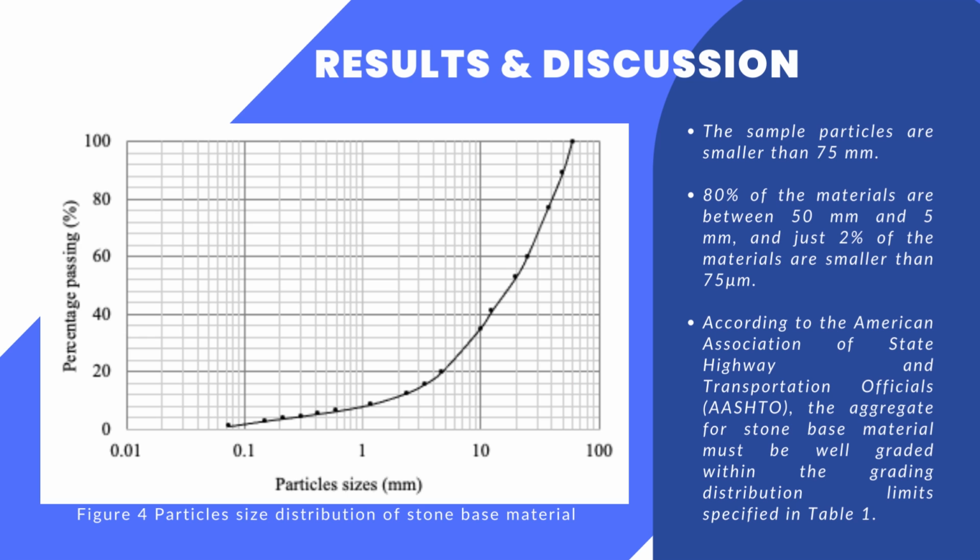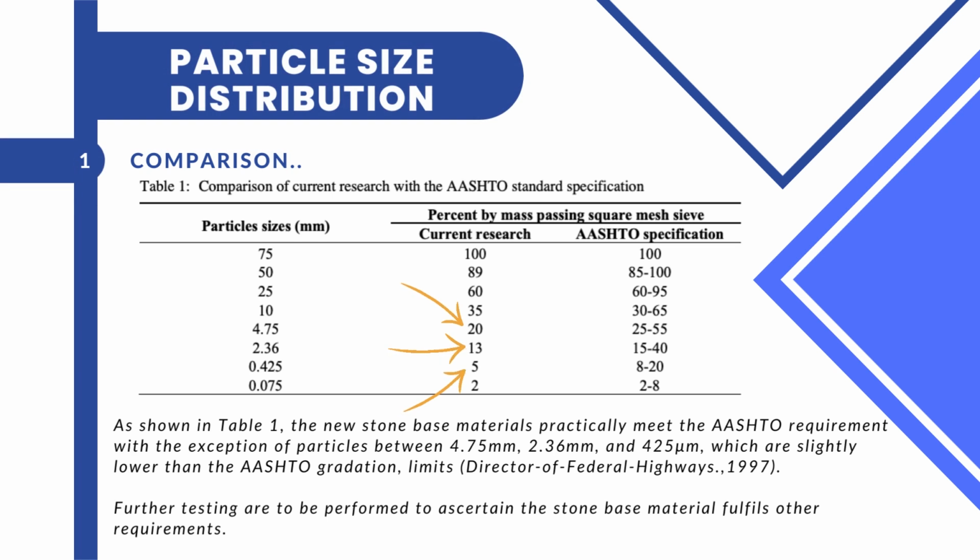According to AASHTO, the aggregate for the stone-based material must be well graded within the grading distribution limit. If we refer to the comparison in Table 1, this is the current research, and the rightmost is from the specification. All the current research results are within the range except for the sizes 4.75 mm, 2.36 mm, and 0.425 mm,